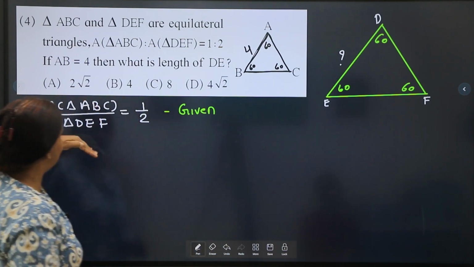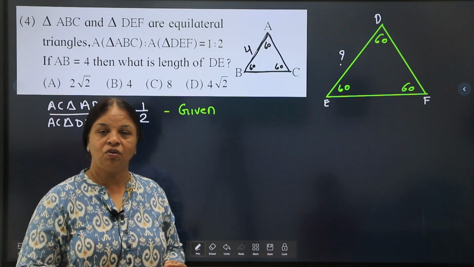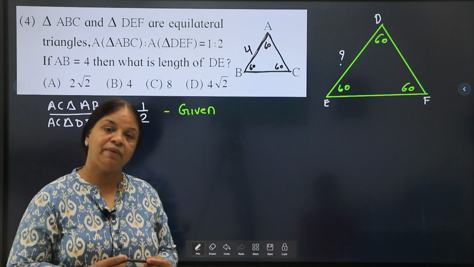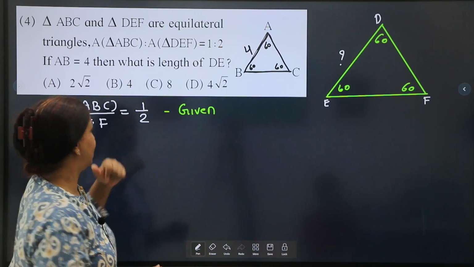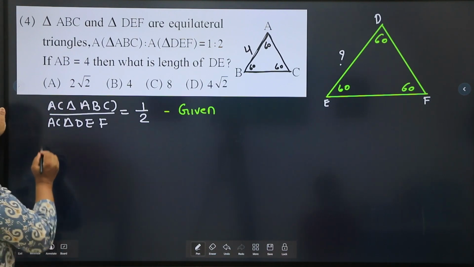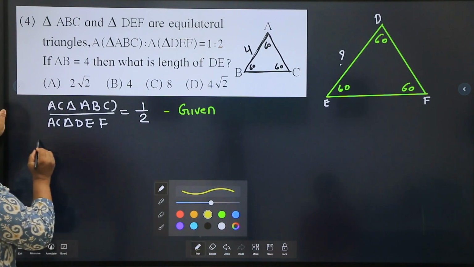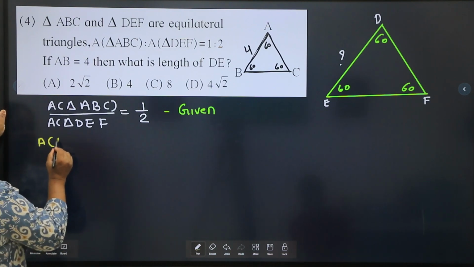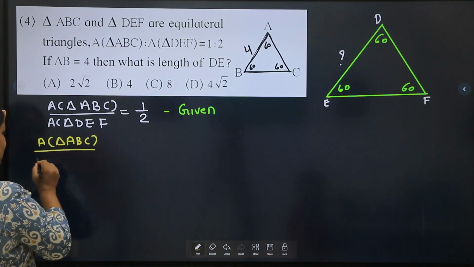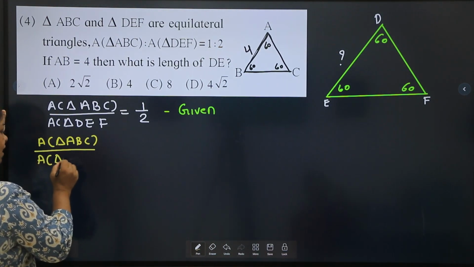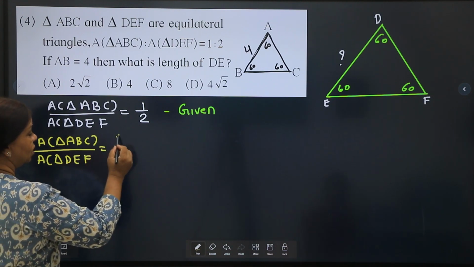the ratio of area is given, there we can use the theorem of area of similar triangle. We can use here the theorem of area of similar triangle. What does the theorem of area of similar triangle say? This theorem says, area of triangle ABC upon area of triangle DEF will be equal to